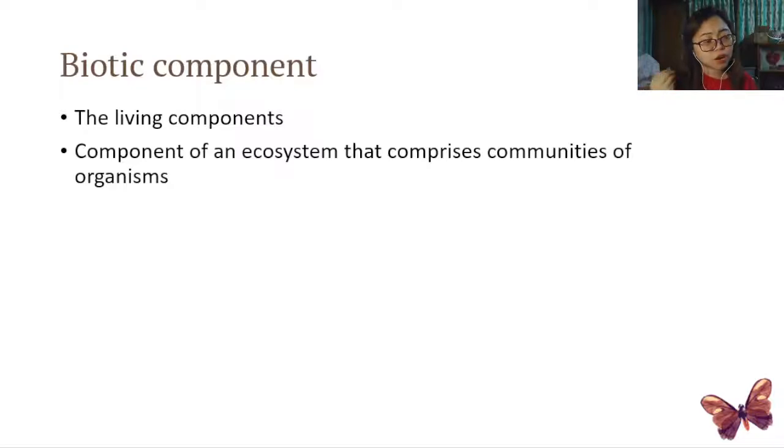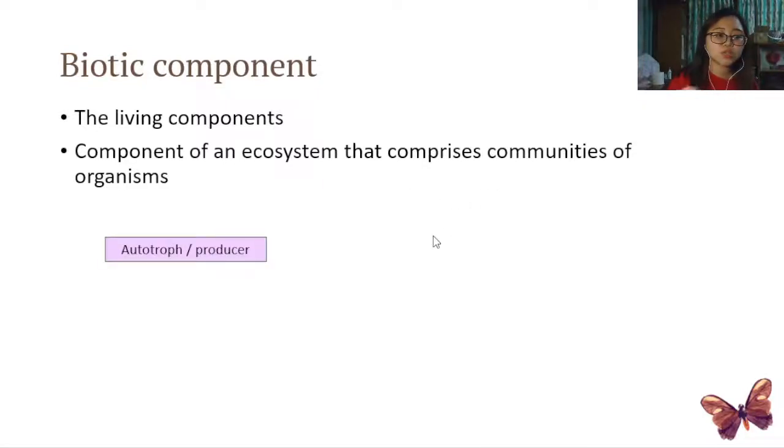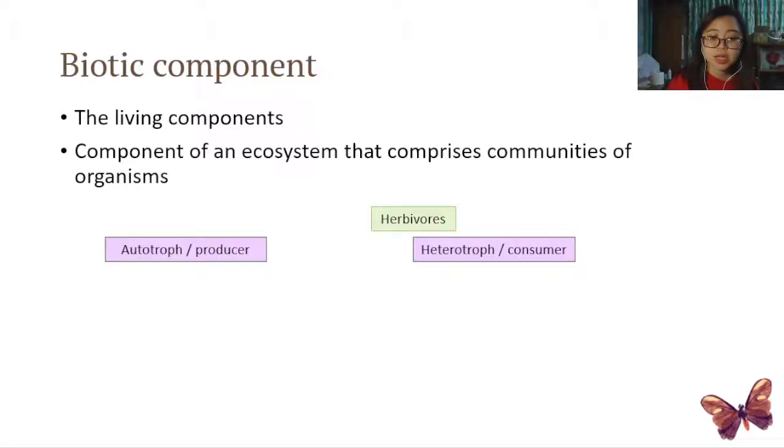Biotic components are, of course, the living components in that ecosystem, comprising communities of organisms. These organisms could be autotrophs or producers of that ecosystem. They could also be heterotrophs or consumers. If they are heterotrophs or consumers, they could be herbivores, carnivores, omnivores or